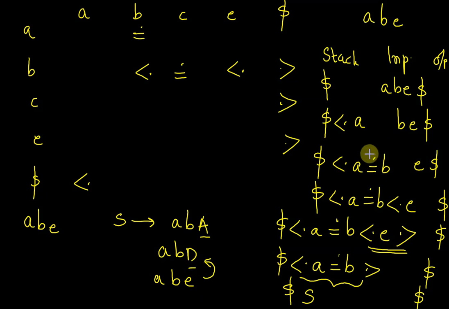And the same procedure is applicable here. See this here, this E gets reduced first. So when you encounter closing bracket, E gets reduced first, right? And then A, B and A gets reduced to S, that is this part. So this is how you need to find out the steps, which part of the string is reduced to a non-terminal symbol on the left hand side.